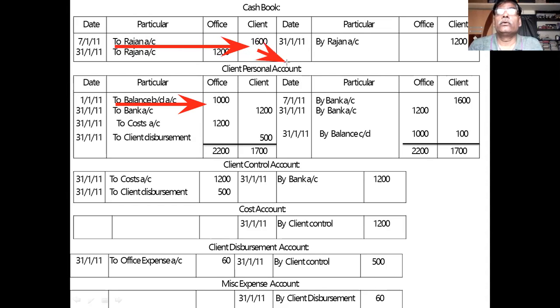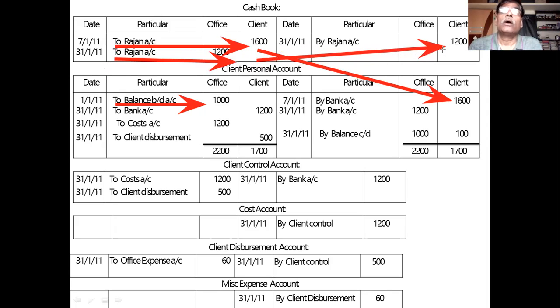And from here, you have to move to the respective account, that is the client column. Okay, you come from that. This is the second step. First the balance is entered, the second entry is regarding the check received. Once the check received is entered, then you have to make the entry related with Rajan fees. Fee charge. Fee charge is first entered as a receipt. Here it is a receipt, and then it is a payment to